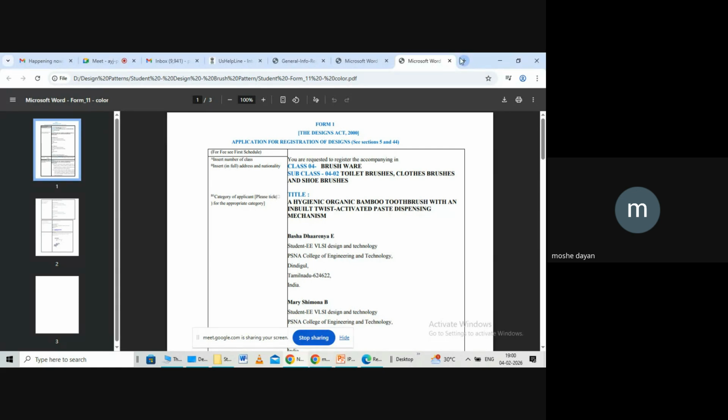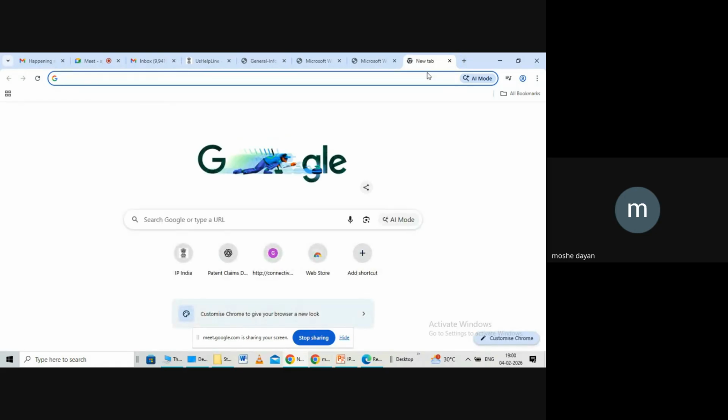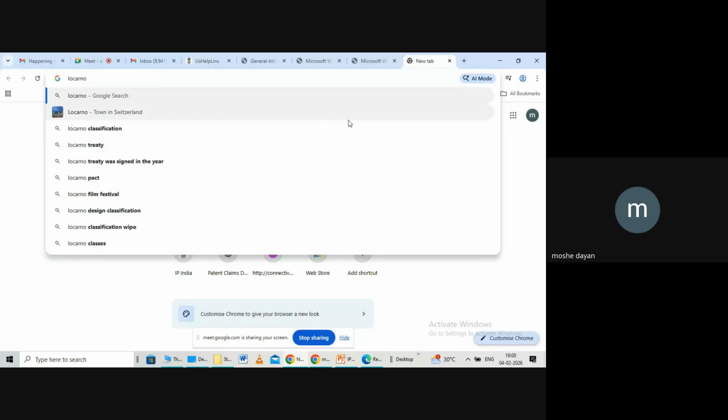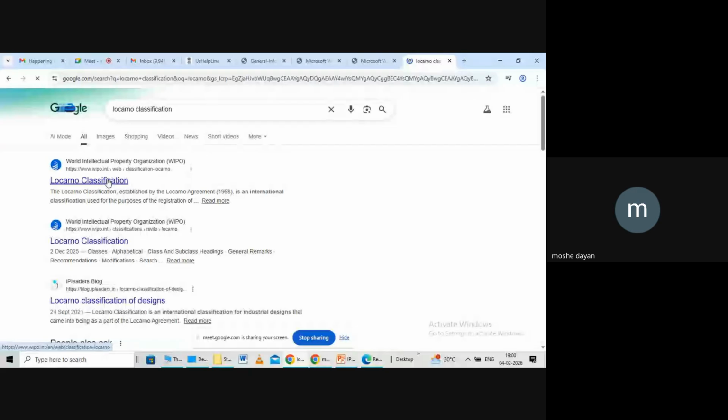Please make a note of this, my dear participants. Locarno classification is set by WIPO, wherein all the design classes and subclasses are precisely specified.